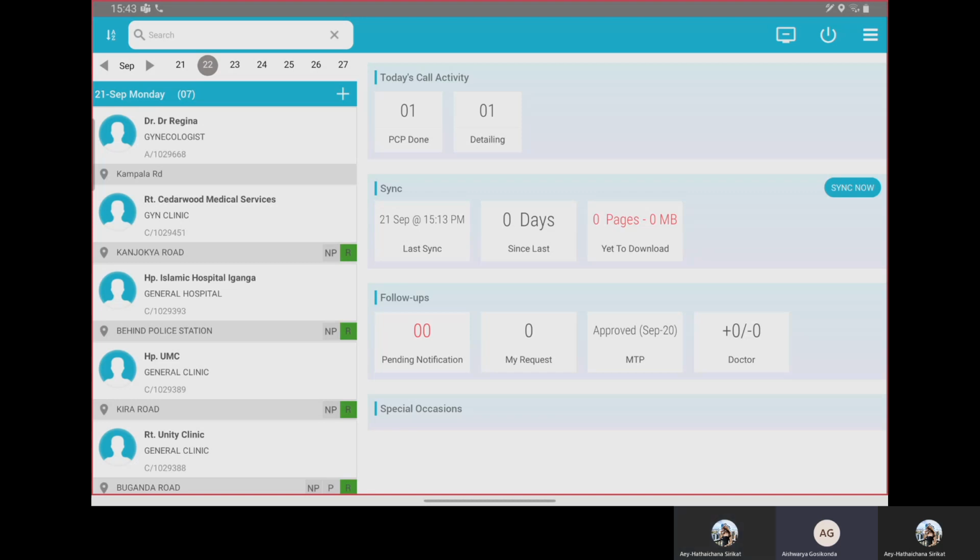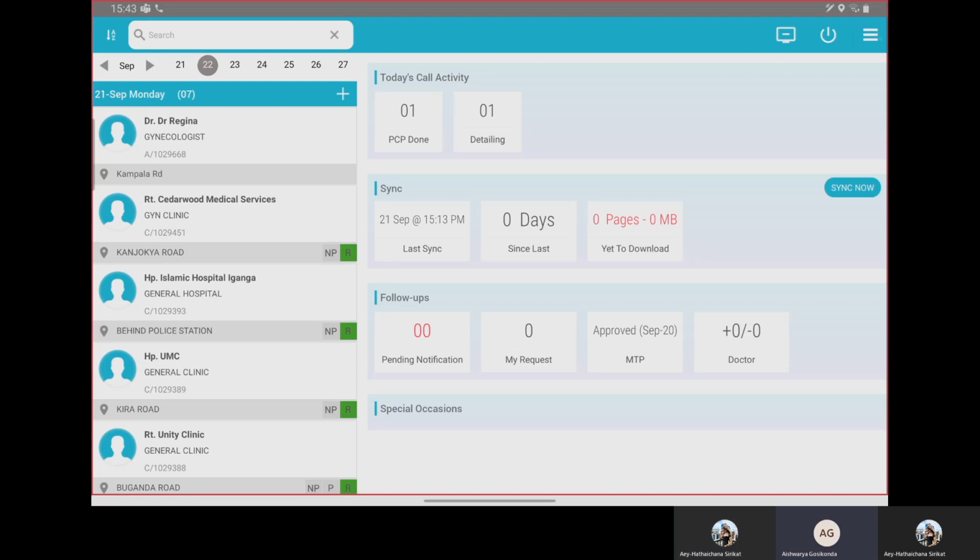So let's talk about STP. STP basically is a one-time plan. This is the responsive page, which means you have to be connected to the internet while you are doing STP.